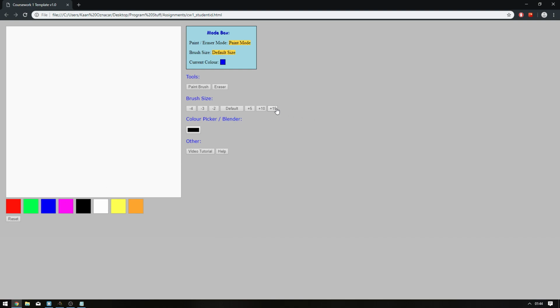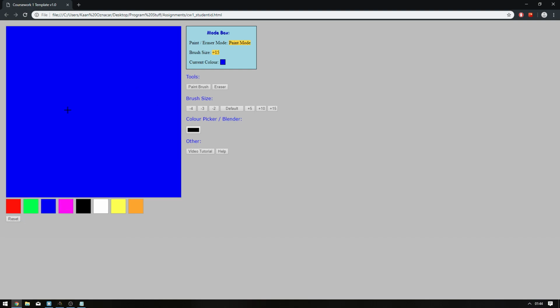I would not advise, unless you really enjoy it, physically drawing the background color, because you can save a lot of time using my modified reset button to reset the entire canvas to your desired selected color. So for example, I wanted to make an ocean, I'm going to click reset, it resets the entire canvas to blue. Great, now I've just saved myself a lot of time, I can work on making